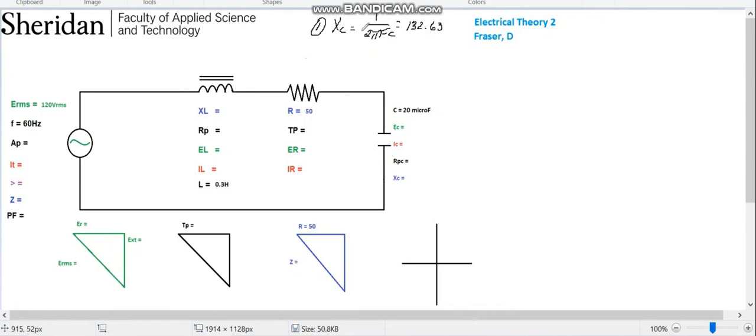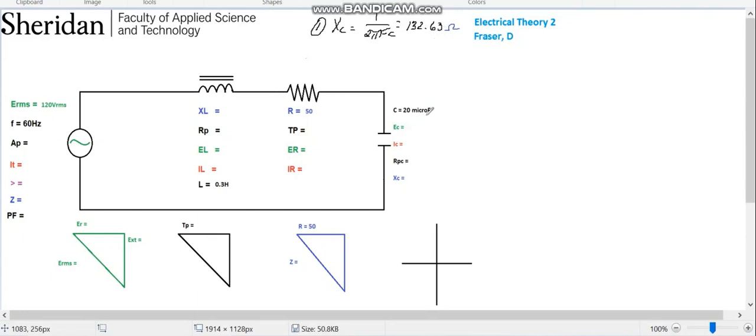132.63 ohms. Sorry, I'm doing capacitance, not 0.3 henries, which is our inductance for the inductance calculation. The capacitance is 20 microfarad. So 2 times pi times frequency times C, being 20 times 10 to the negative 6, gives me